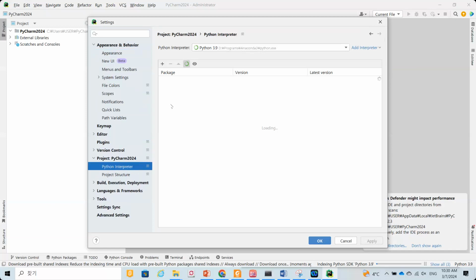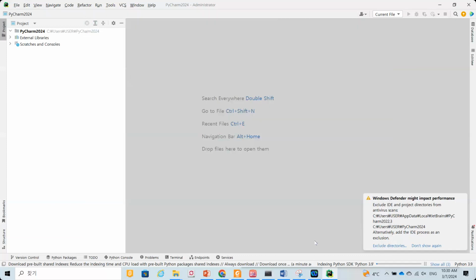So PyCharm should be connected to the python.exe in Anaconda. If it is correct, then you can run your code in PyCharm. Because I already have this Python, I can just click OK. If you still don't have it, then you need to connect. After you have the python.exe,